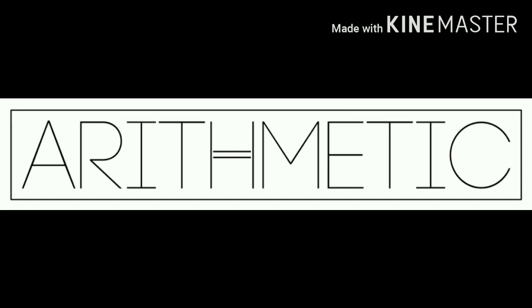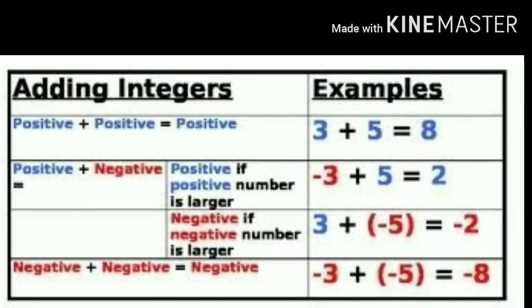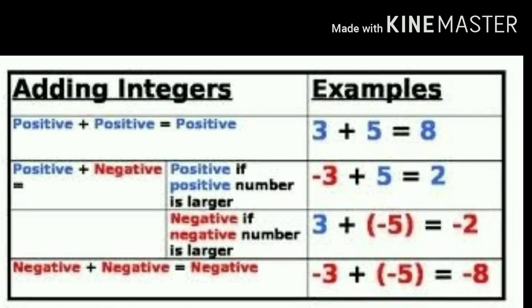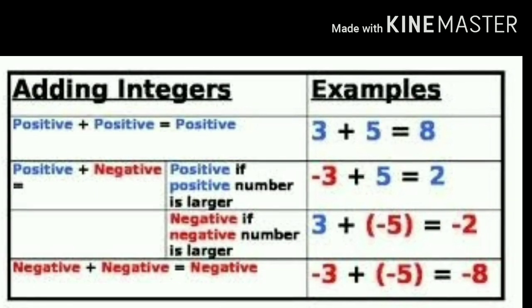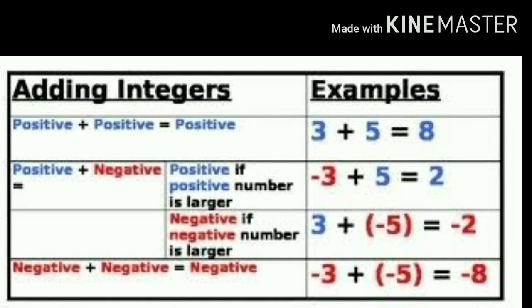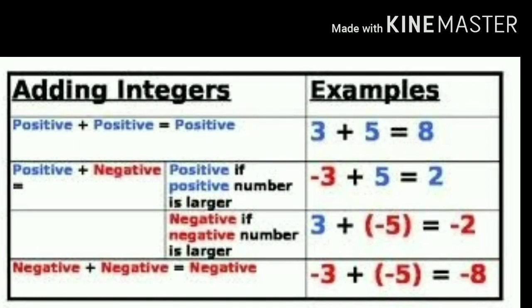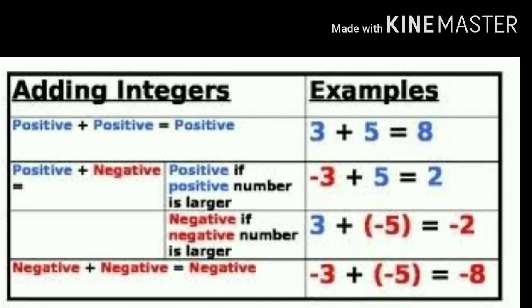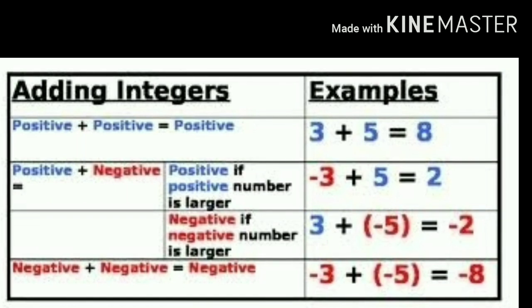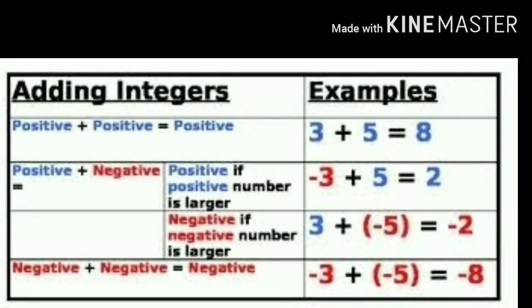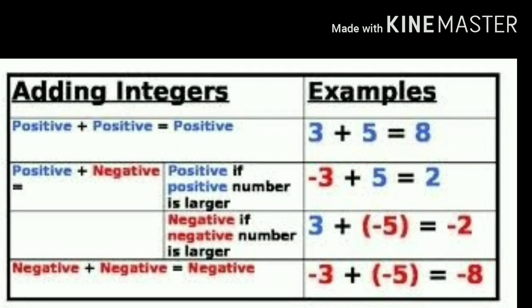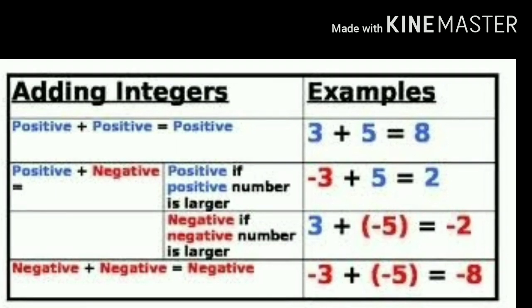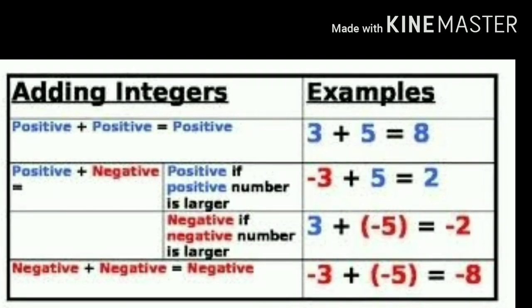Let us start the class with arithmetic fundamentals. Today we have the basic addition of integers. When you add two positive integers, the sum will be positive. When you add two unlike integers, the result will be either positive or negative depending on the absolute value of